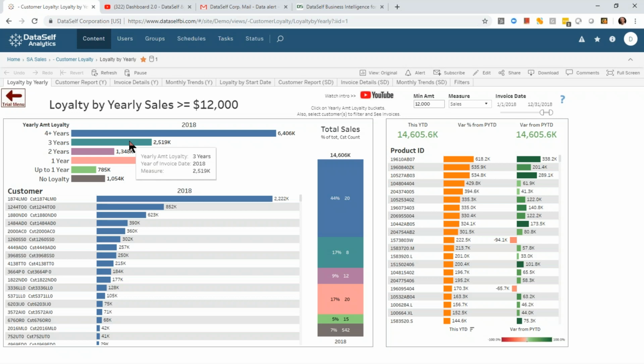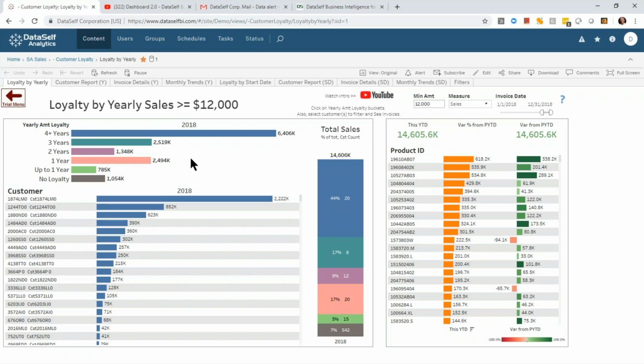And over the years, what happened was, salespeople started to pay a lot more attention to new customers and less attention to existing customers, and slowly friction started to happen, and they were losing customers. So when they realized this trend, they restructured the sales commission again, they hired more people to take care of their existing customers, and they were able to reverse the trend and get bigger customer traction. But the point was, until someone saw a customer loyalty dashboard like this, they didn't even know that they had a problem.